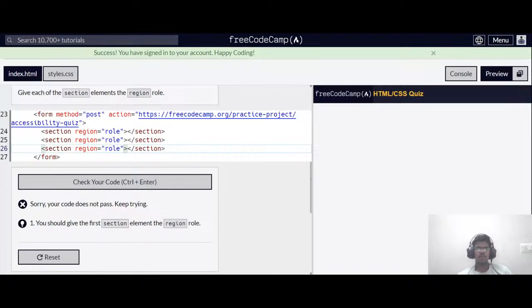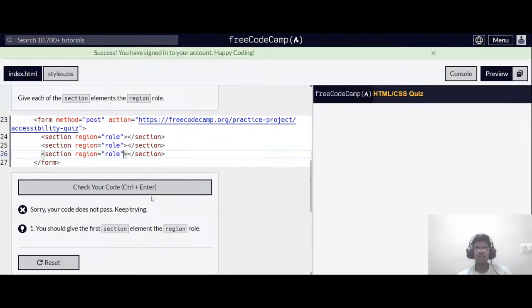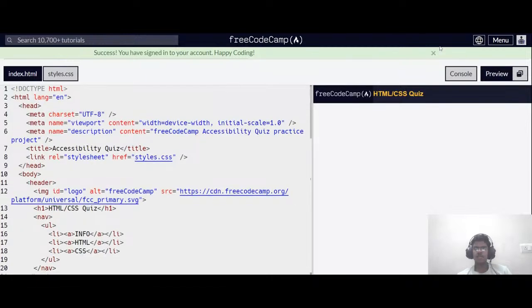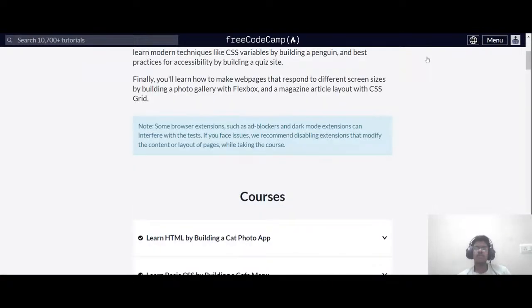First, the section element, the region. What is the region role, man? Okay, it's time for some